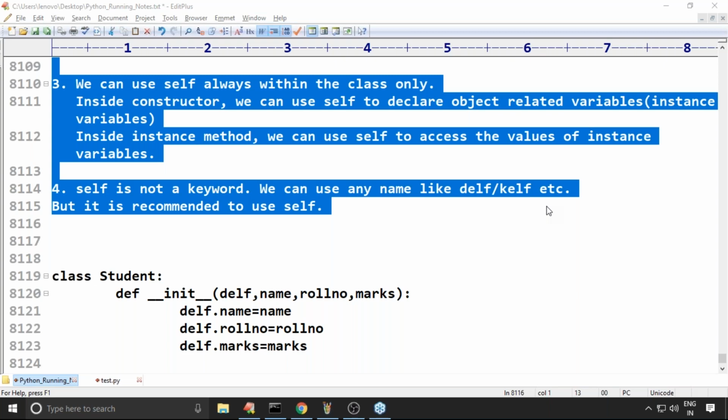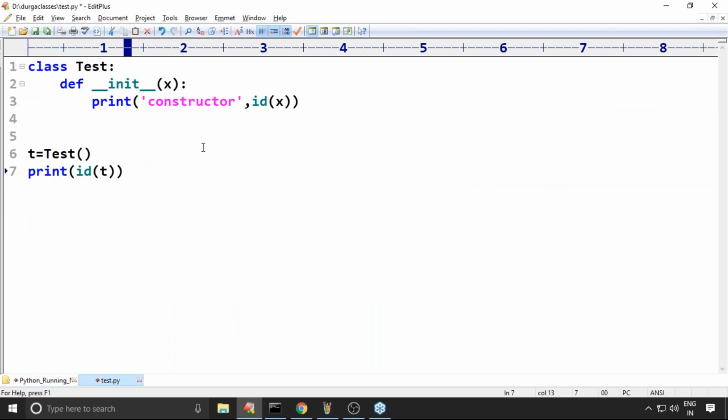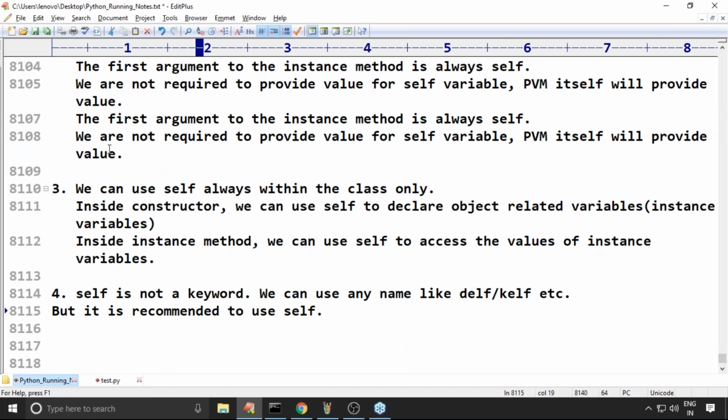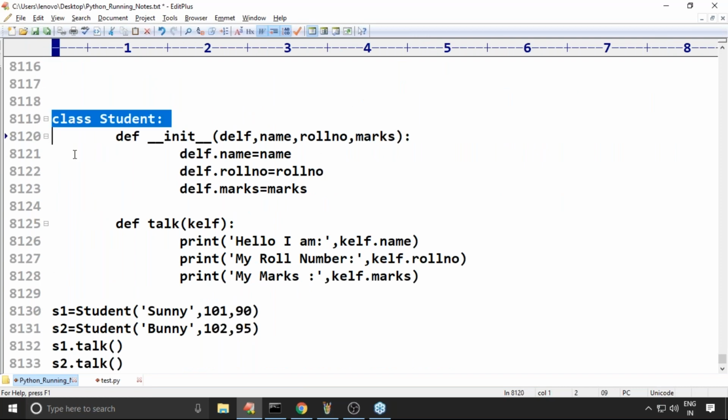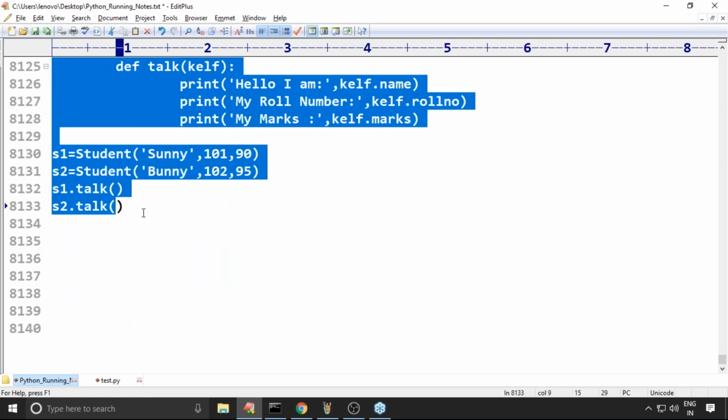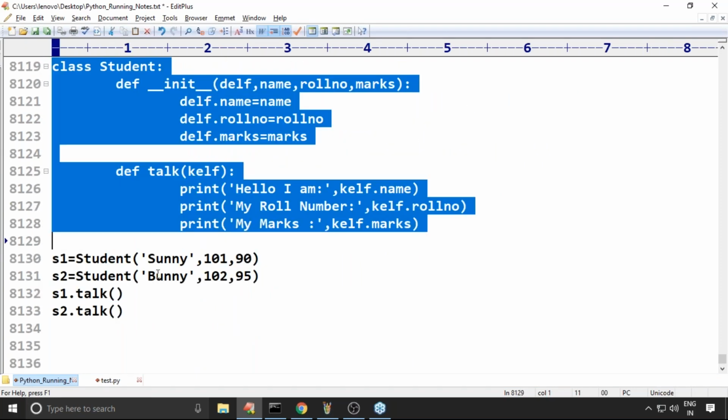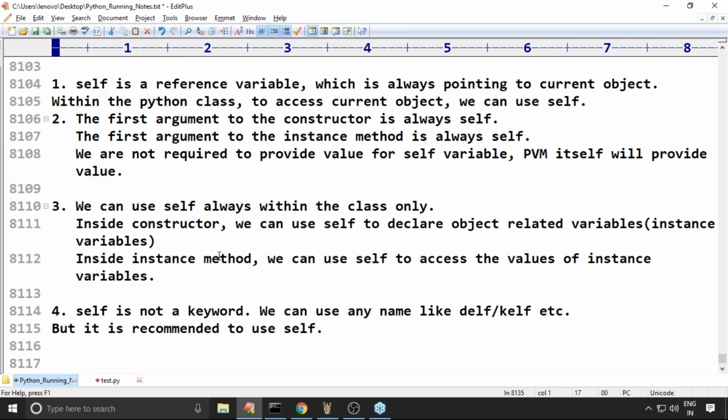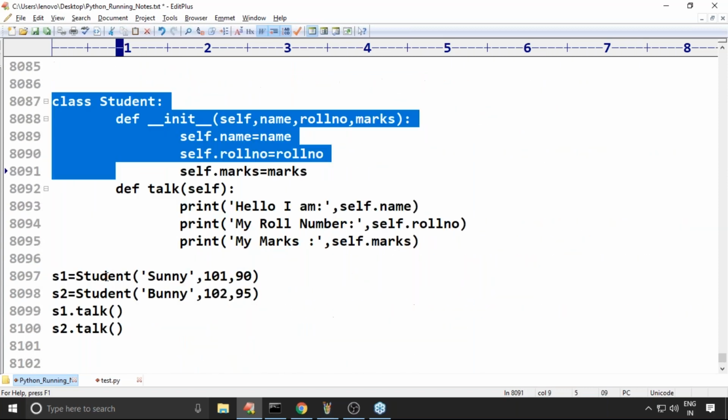No, it won't be there by default. Compulsorily we are required to use self. Someone is asking about this question; let me take this example to explain why we have to use self again and again.